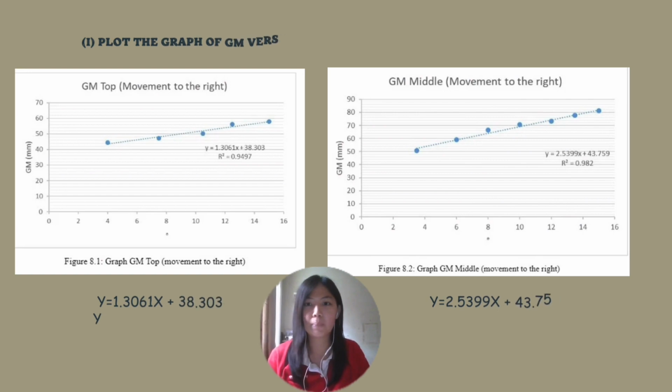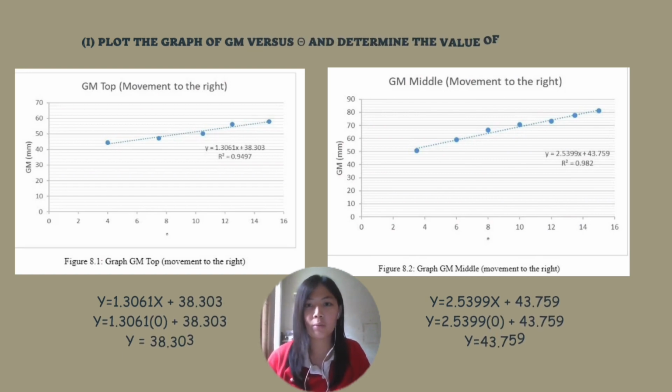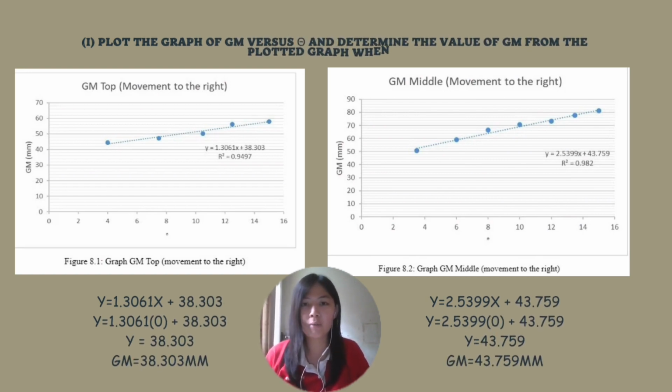Next, for discussion part 1, plot the graph of GM versus theta and determine the value of GM from the plotted graph when theta is equal to 0. First, the graph shown below is GM top for the movement to the right, and GM obtained is 38.303 millimeters. The second graph is GM middle for movement to the right, and we get the value of GM is